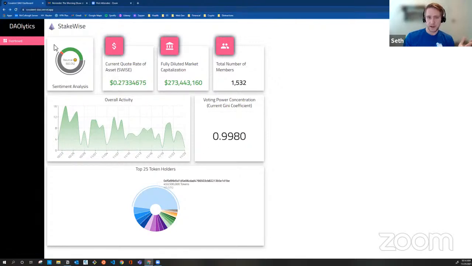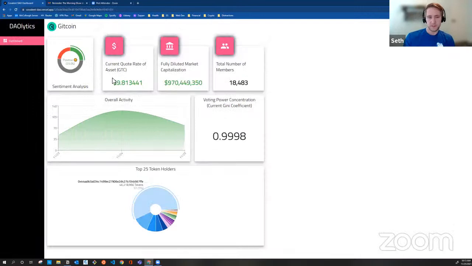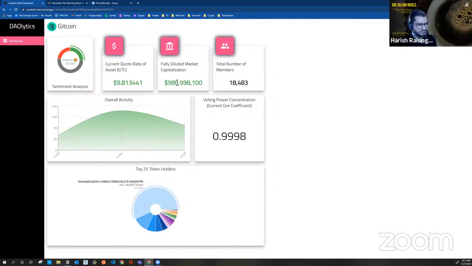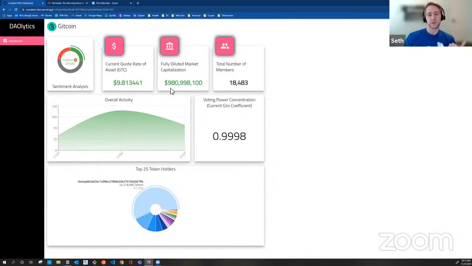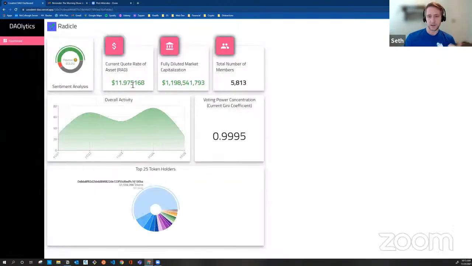So if I go back and select another one, let's do Gitcoin, same things. We're using Next.js with the SWR hook, which is stale-while-revalidate. So you'll notice that it'll just keep all of the values in, and every 30 seconds, as we have it set now, it'll automatically fetch everything again and repopulate. So if I go back, you'll see as soon as I click one, the stats will change right away.